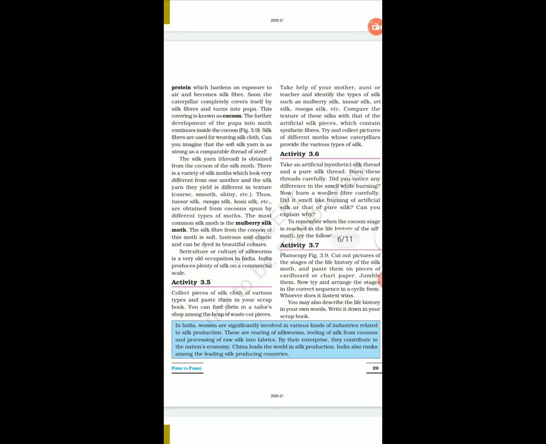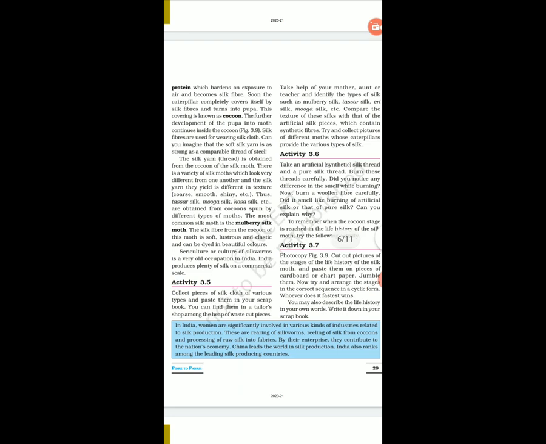The most common silk moth is the mulberry silk moth. Mulberry silk moth means it is grown on the mulberry trees, right? This silk moth lays its eggs on the mulberry leaves. It is called mulberry silk moth. The silk fiber from the cocoon of this moth is soft, lustrous, and elastic, and can be dyed in beautiful colors. So, the silk obtained from this silk moth is very soft, lustrous, and elastic, and it can be